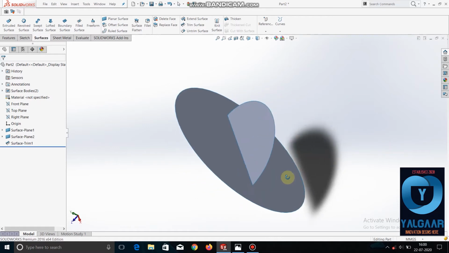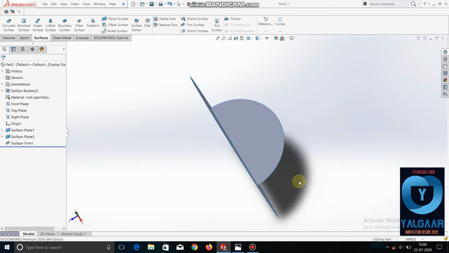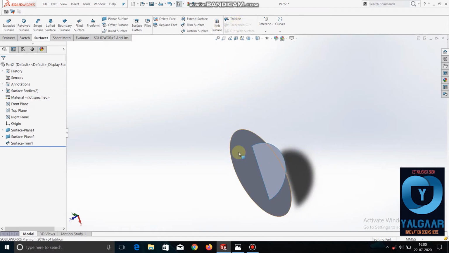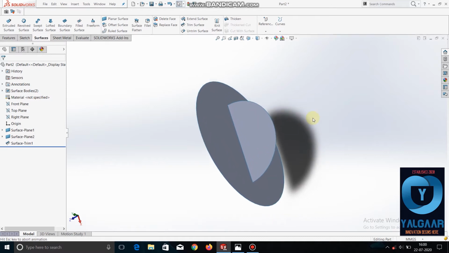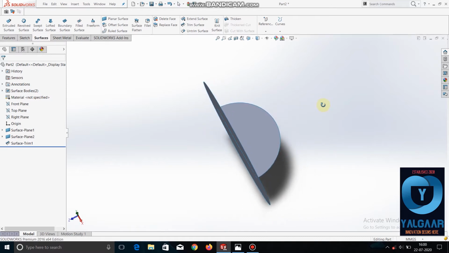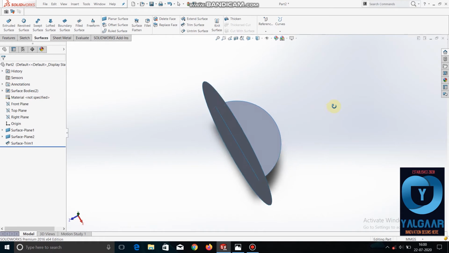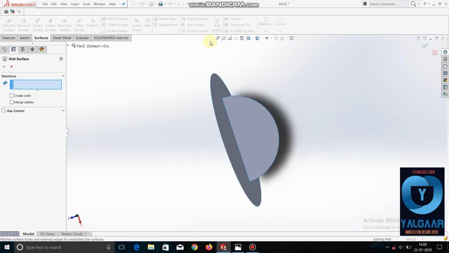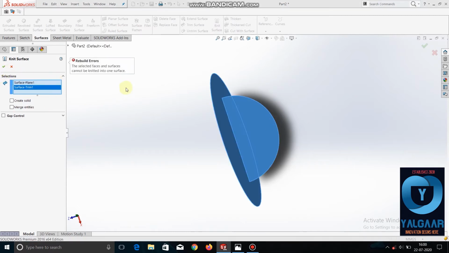Now I will explain how to thicken. These are two parts, 1 and 2, but I have to make it one part. Instead of two parts, I will make it one part. So I have to select knit surface, select both of these and right click on them, but there is some problem: merge entities.